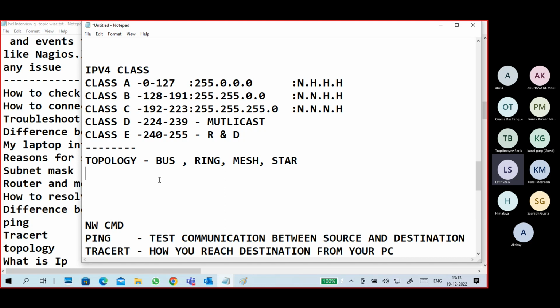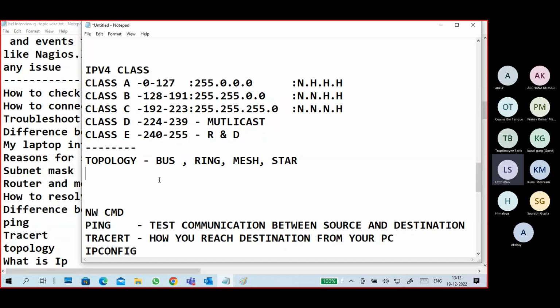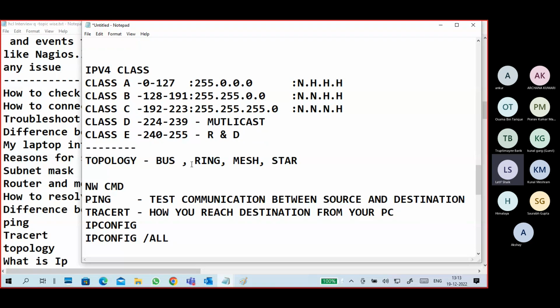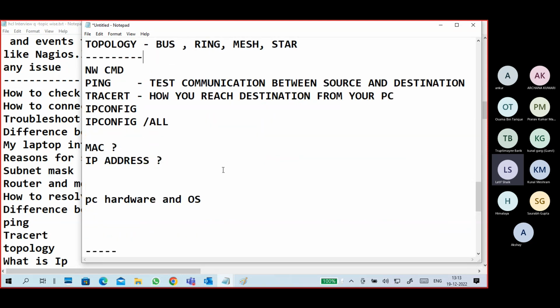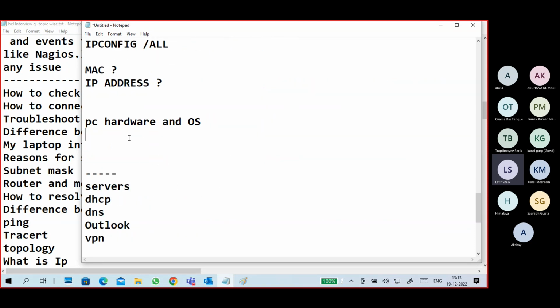All devices are connected to the central device, which is either hub or a switch. Okay, that is a star topology. When I'm explaining, I can draw, but when you are telling, you have to tell in words only. Of course, there is private IP address, NAT and PAT kind of stuff also, but I'm not adding that here because only this is taking a lot of time.